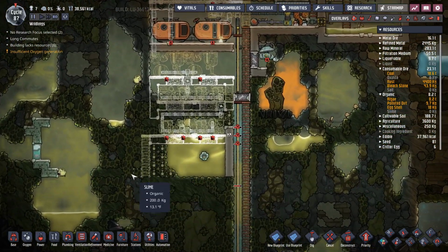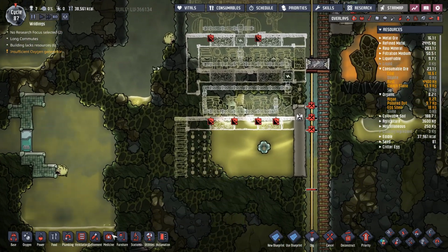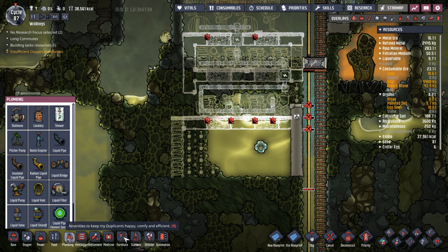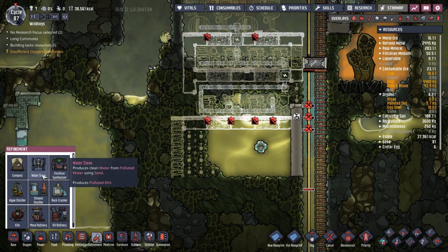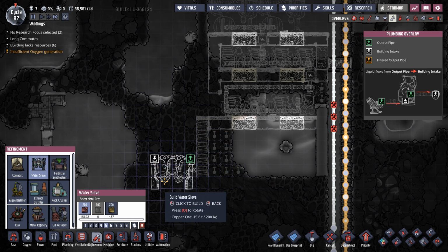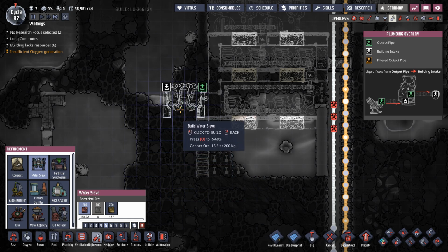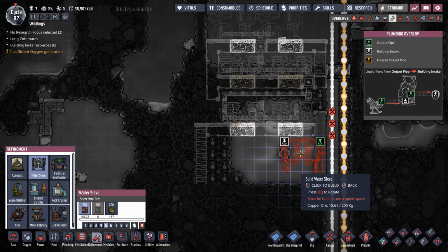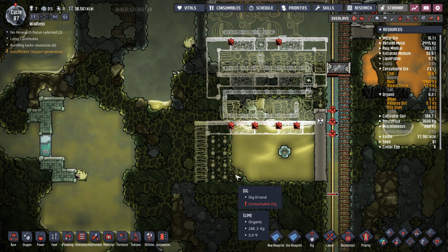Then we'll build something over here. Something for this is super easy because essentially all we need is refinement. We just build one of these water sieves. So this will be here. We'll just build it right here. Put a pump down here, power the pump off of right here, have it just pump the water in continuously,